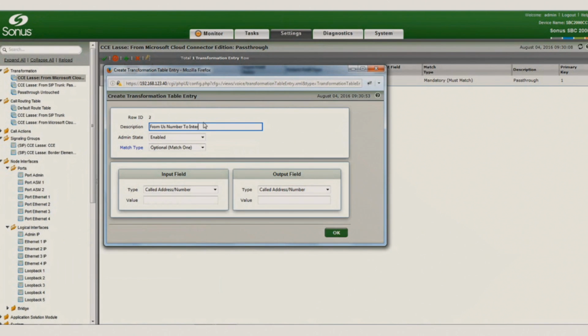Everybody's used to dialing 4545 to reach Joe, but he moved to the cloud, so his number is now +1 203 55 whatever. You can tell them to keep calling 4545. It will send it to the session border controller. The session border controller will then translate it and ship that number as it should be out to the cloud. And the same goes if you dial the other way.